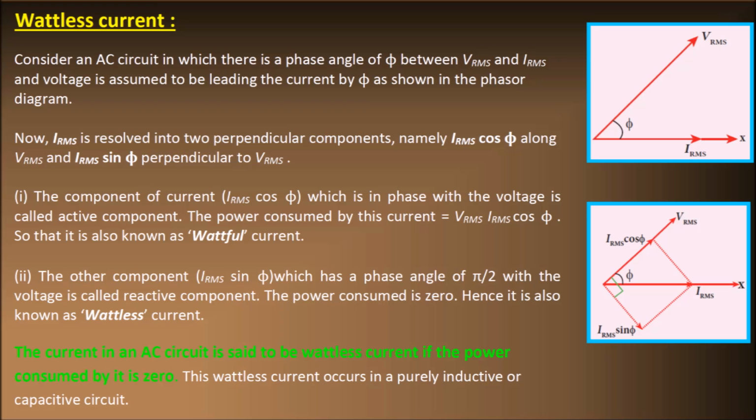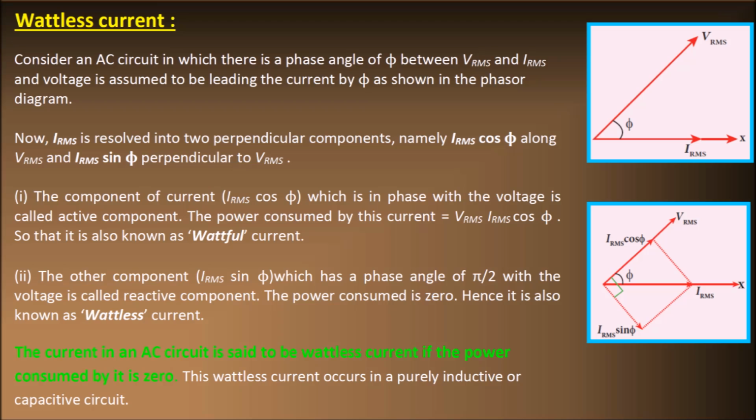In that, you can see that Irms cos phi and Vrms are in phase with each other. The component of current Irms cos phi which is in phase with the voltage Vrms is the active component. The power consumed by this current is the product Vrms Irms cos phi, so it is known as